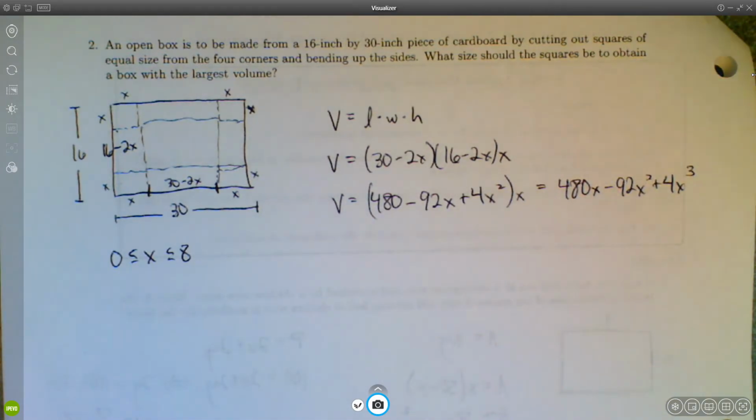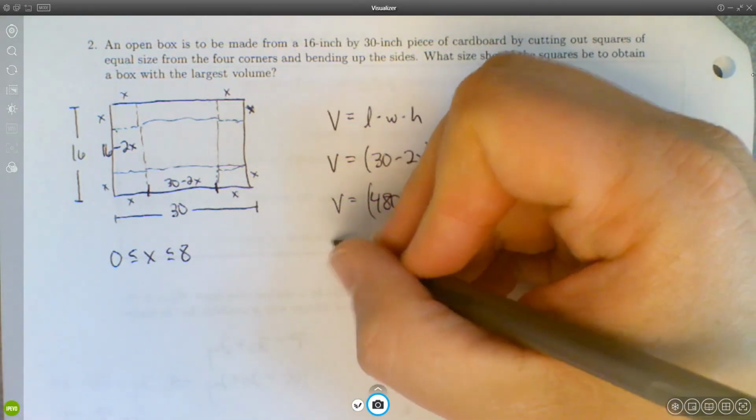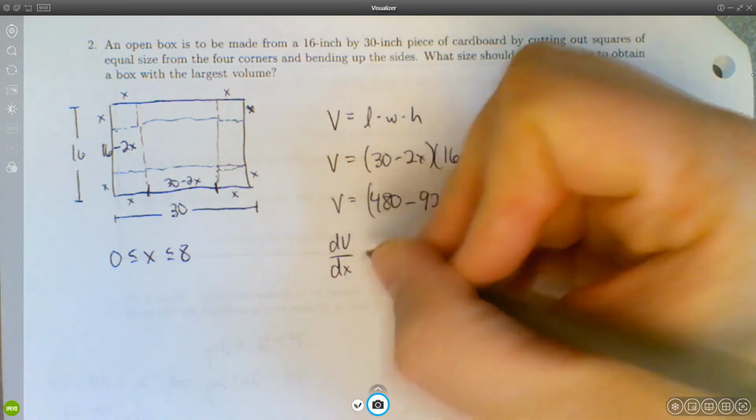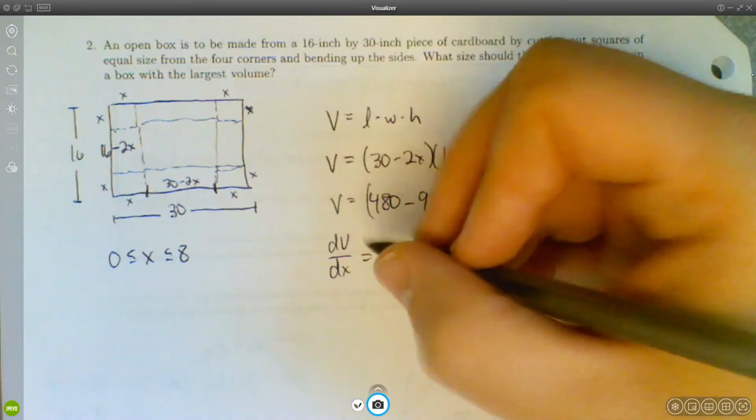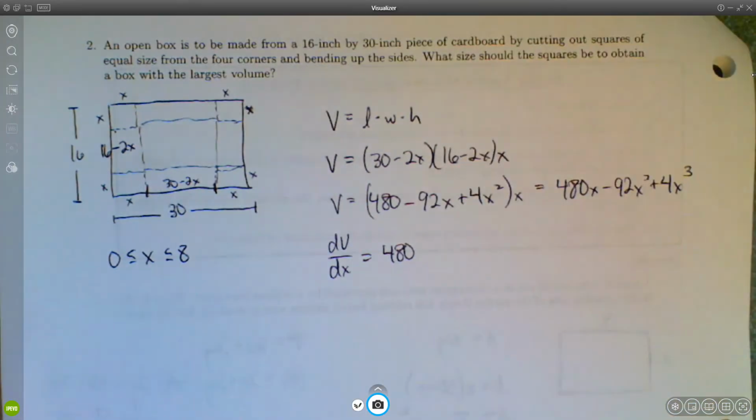Okay, well, let's differentiate. So dV/dx, or you can call it V prime, whatever you prefer, is going to be 480 minus 92 times 2, which is 184,